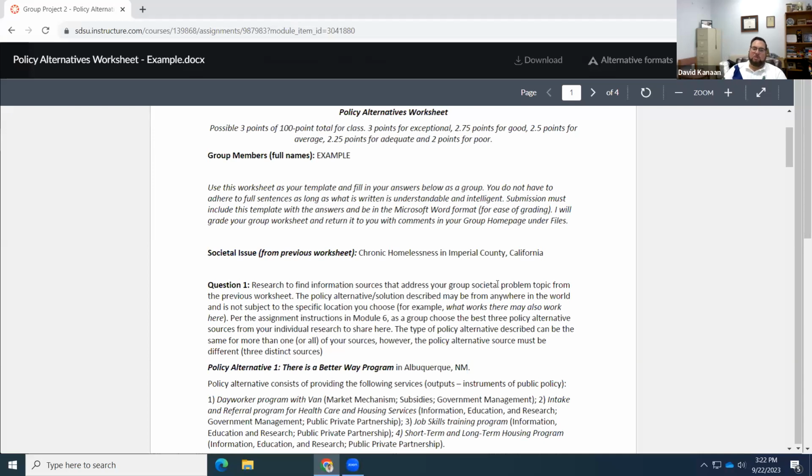So for example, when you say societal issue, most of you are getting this. It means something that's local and something that is more specific. It can't just be societal issue homelessness. But here we have chronic homelessness in Imperial County, California. This makes it something that for the later worksheets, it'd be easier to create some policy for. Second,